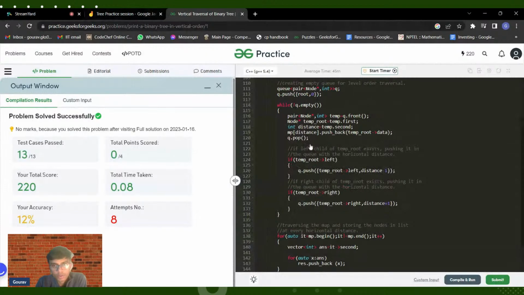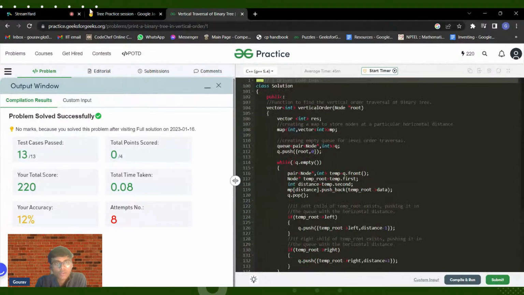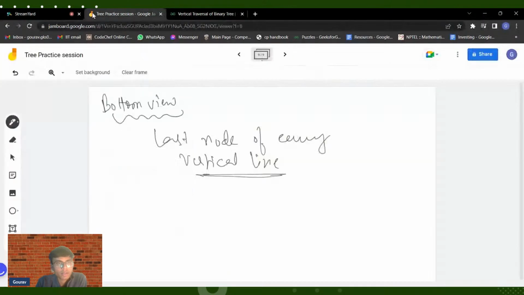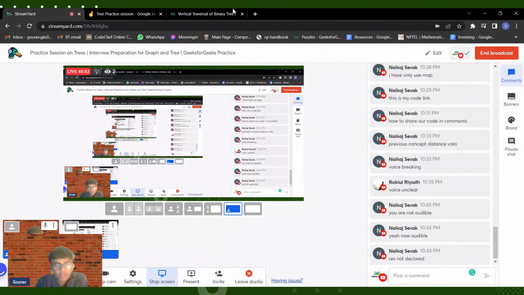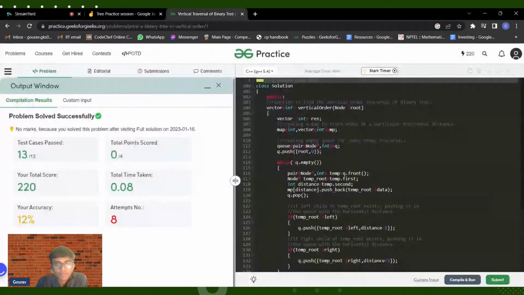It should pass. In my previous code, I guess there was a small error in dealing with the rest. I declared the rest, so that's not the issue. This is actually a similar kind of implementation, but the data structure which I took was very complicated. In that case, I was not able to return a single vector. But this implementation is quite straightforward.